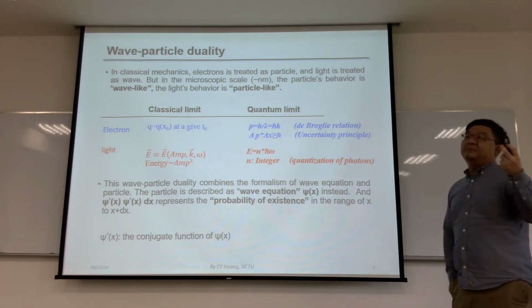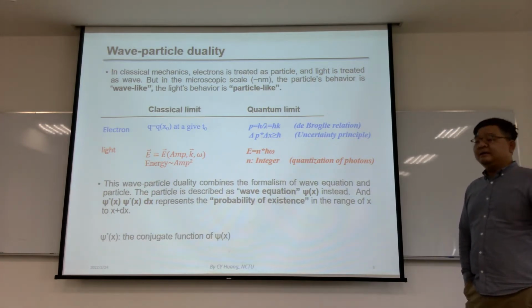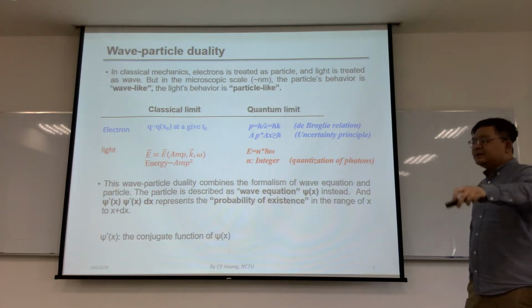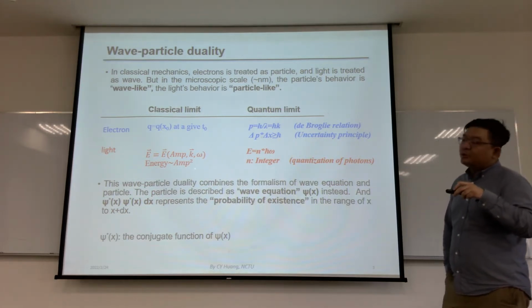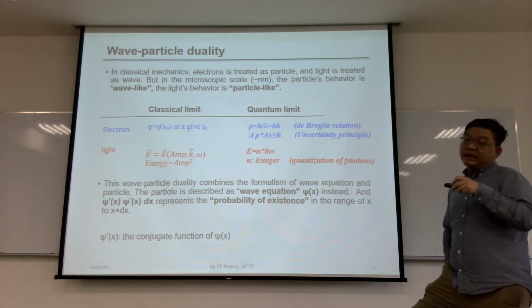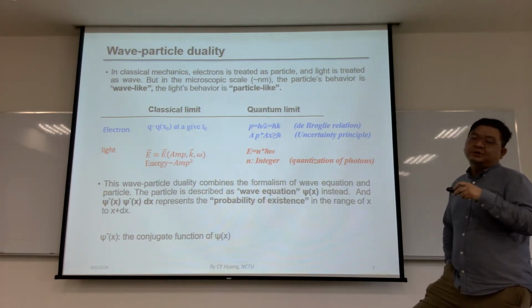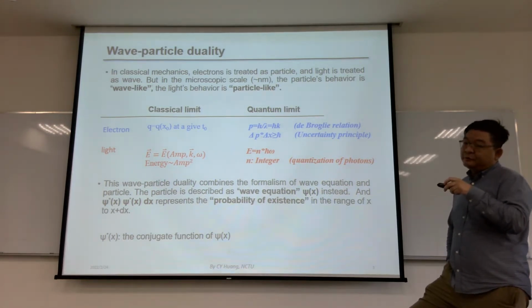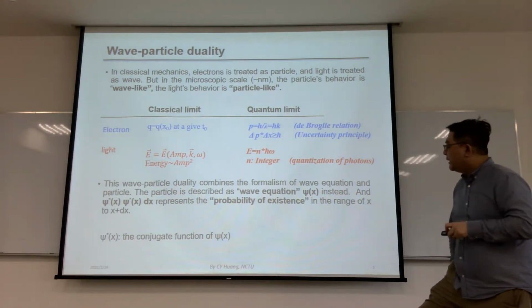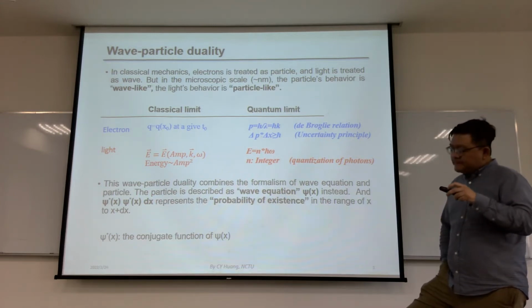the first is from Planck, and the second from Einstein, and so on. We say that the energy increment has to be quantized. It needs to be some integer times a fundamental energy, which we call the photon, and the energy is h bar omega. So to